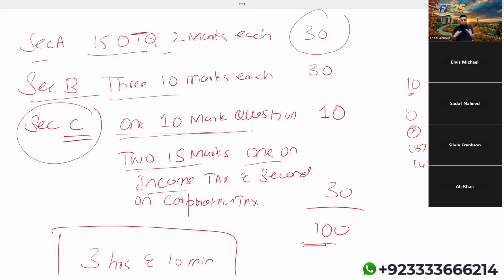So this is the pattern of the taxation paper, where we have got multiple choice questions in section A. In section B, a scenario. On each scenario, there will be 5 multiple choice questions. In section C, altogether, we have got 3 long questions. But out of those 3 long questions, one question is 10 marks, which is normally on tax planning. And I would say that tax planning questions you are going to enjoy.